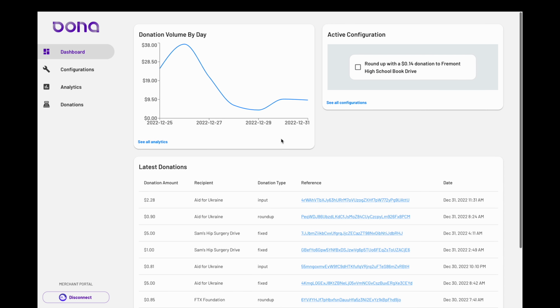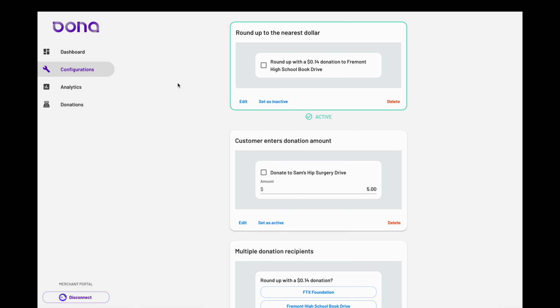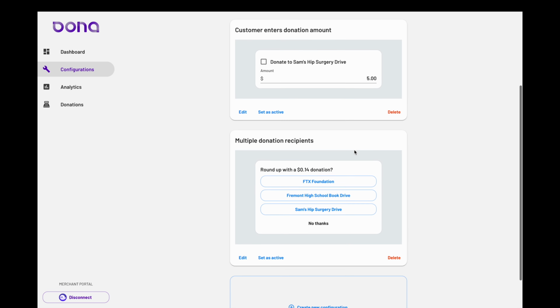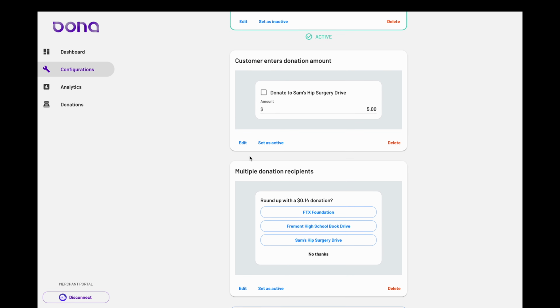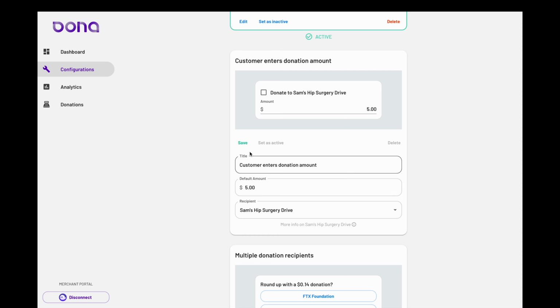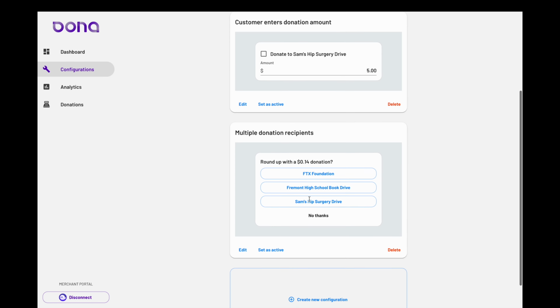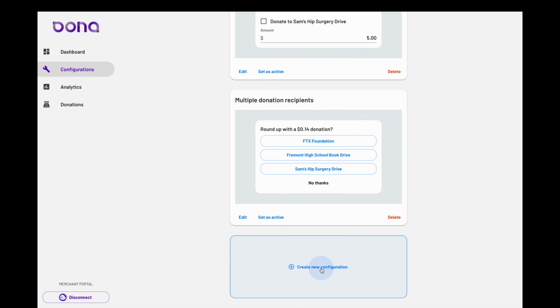One very important thing I can do in this portal is set up exactly what choices my customers have to donate. So, if we go to the configurations page here, we can see the currently active config. It's the roundup donation one from earlier. And also a few configs that I've previously made but aren't currently active. We can edit settings for these configs just like that, and we can have our checkout system begin using this config by setting it as active, or we can make an entirely new interface by choosing one of these pre-made